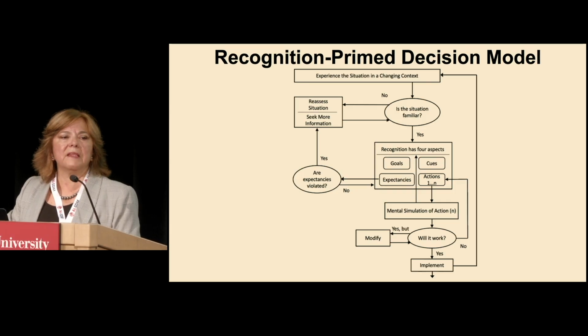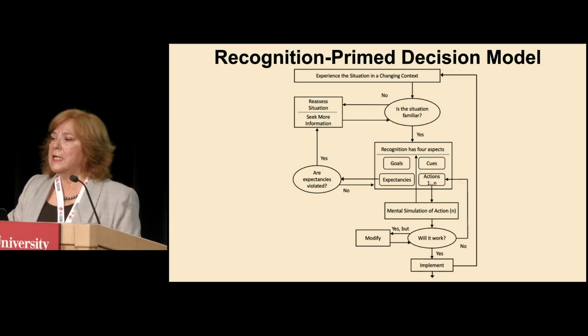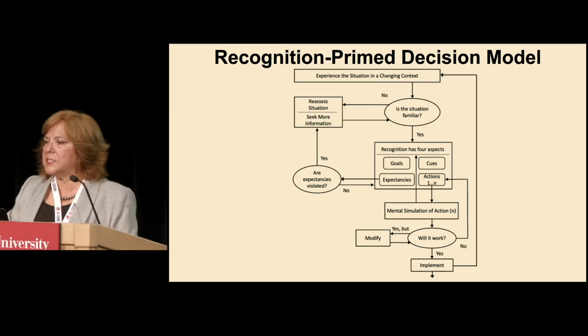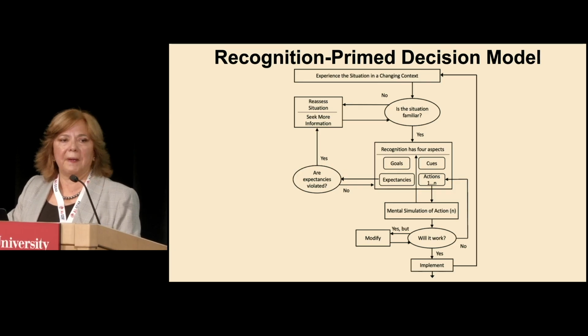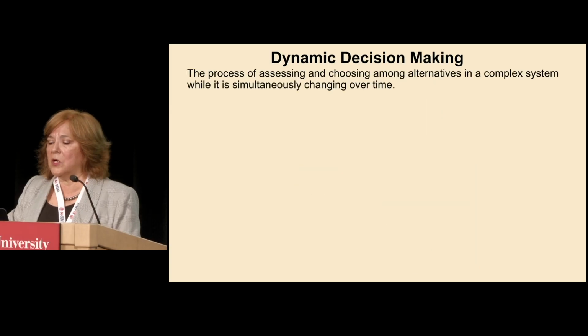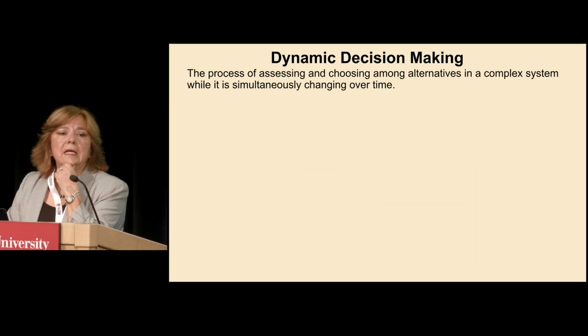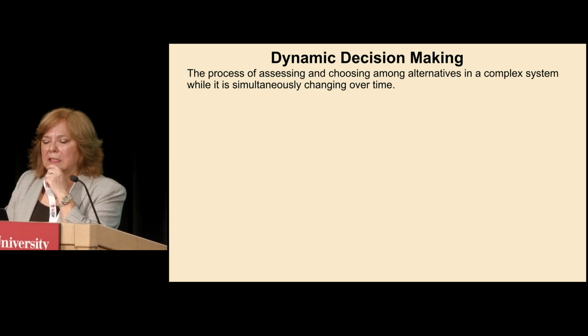However, this was never formalized. There were a few attempts to formalize this idea computationally, but none of those, as far as I know, were actually formalized. So now we come to dynamic decision-making,